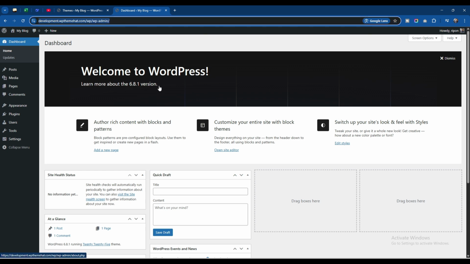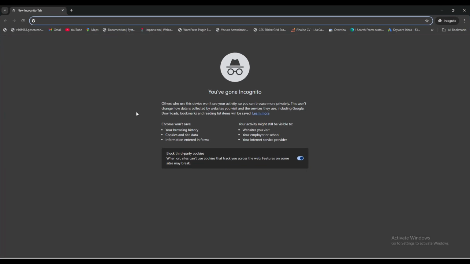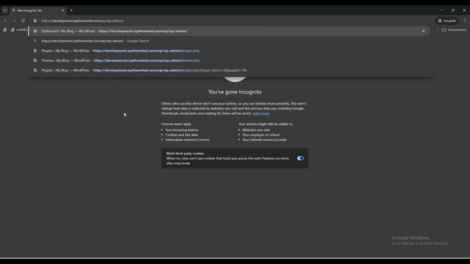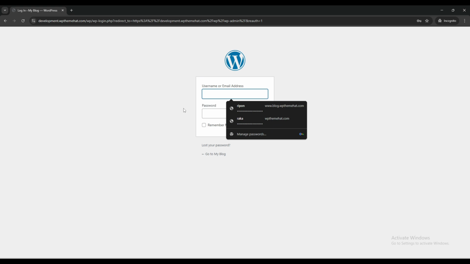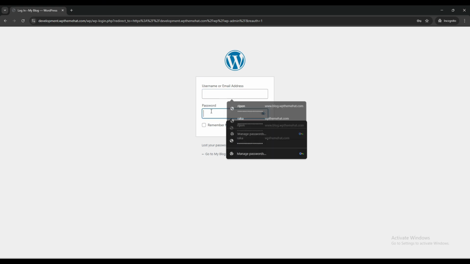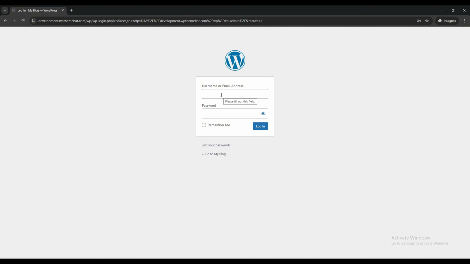But if I go to incognito mode and paste the same URL, my website, then /wp-admin, if I click enter, it will redirect me to the login page. So a hacker or anyone can try to guess your username, email address or password, whatever you have given here. So today we'll see that if someone tries wp-admin or wp-login.php, then this URL will be redirected to